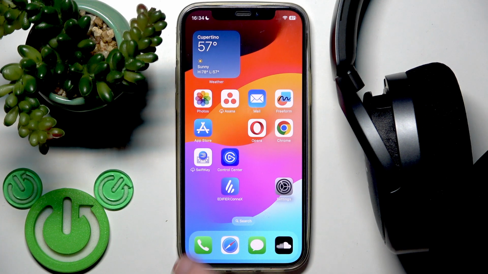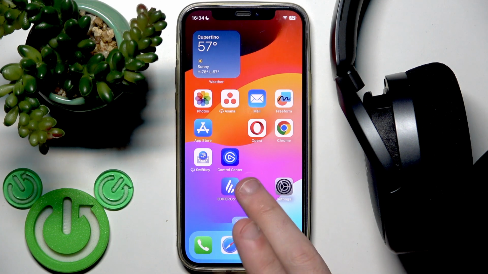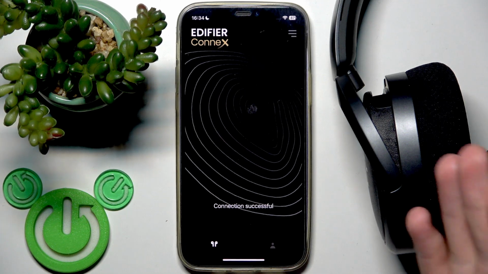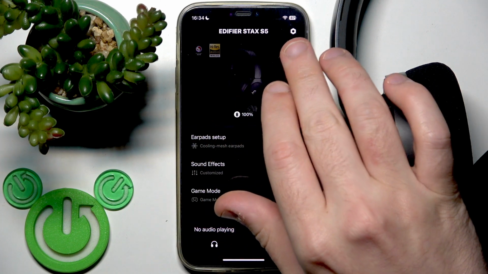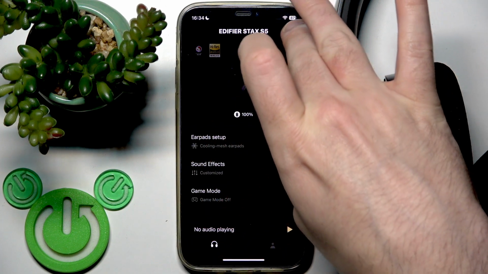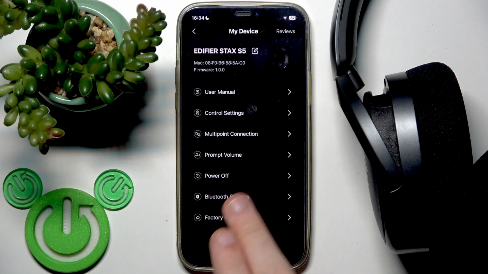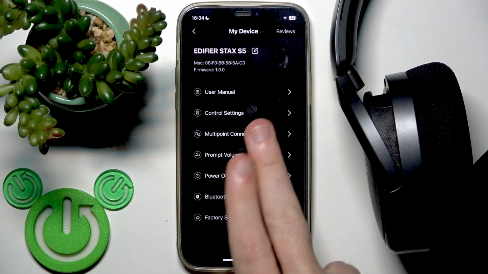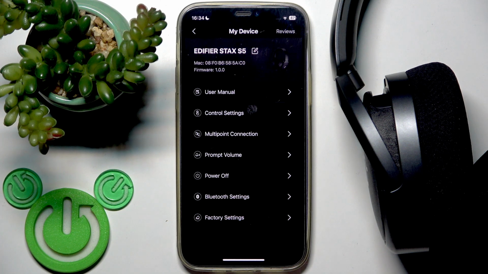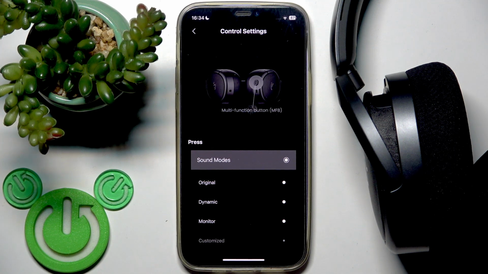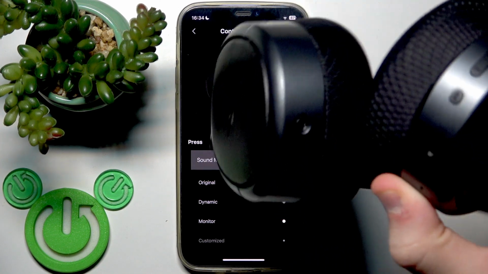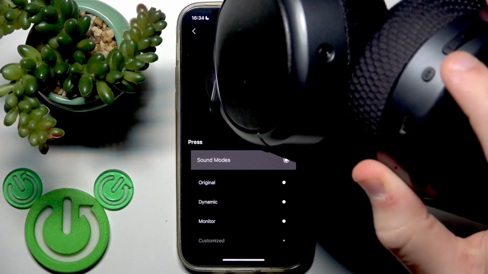You have to start by opening the EDIFIER CONNECT application, and of course you need to add these headphones to the app. Then you go to the settings at the top right, and right here on the second line we have control settings. Tap this line, and we can customize only this Bluetooth button, which is located near the